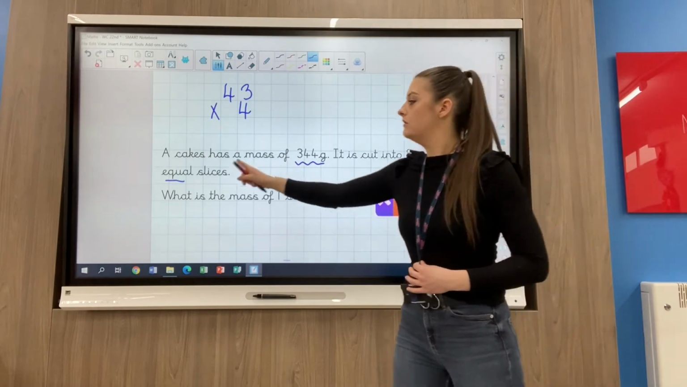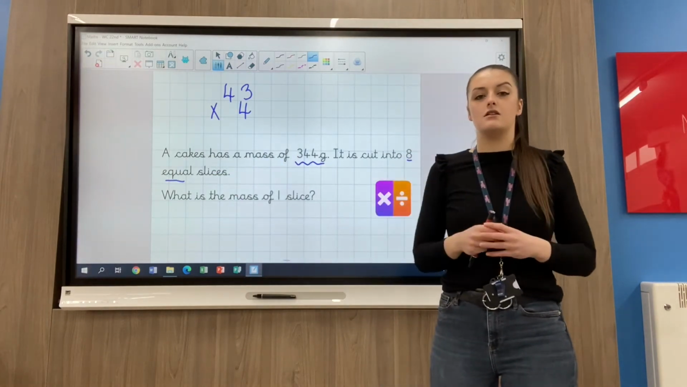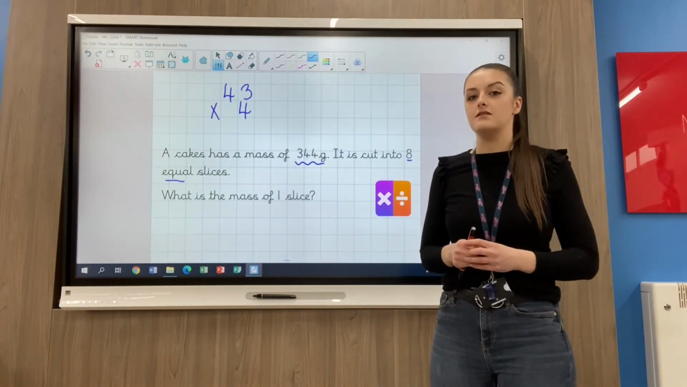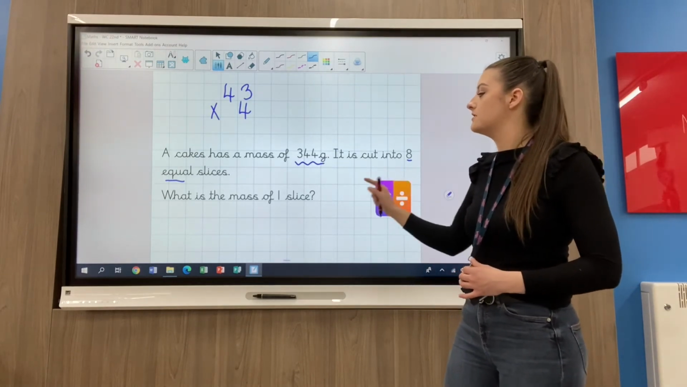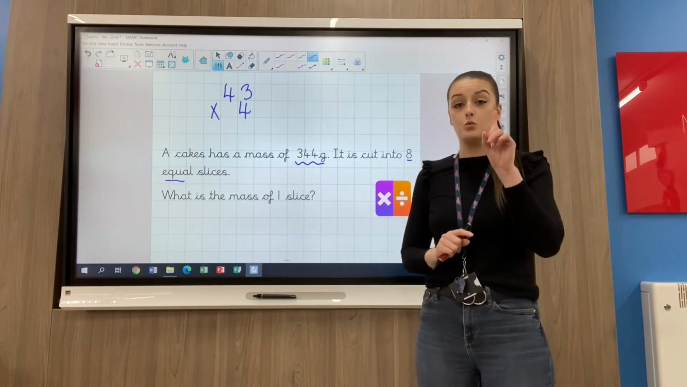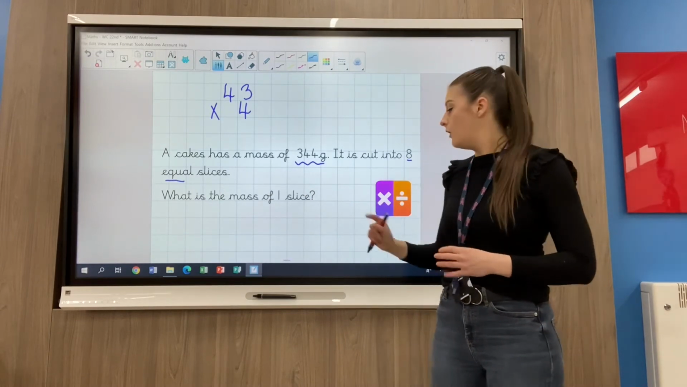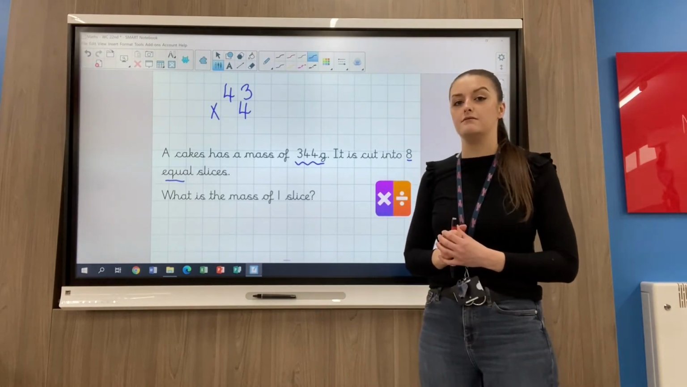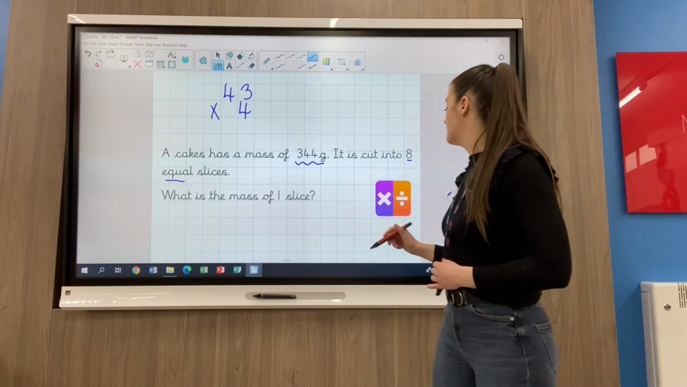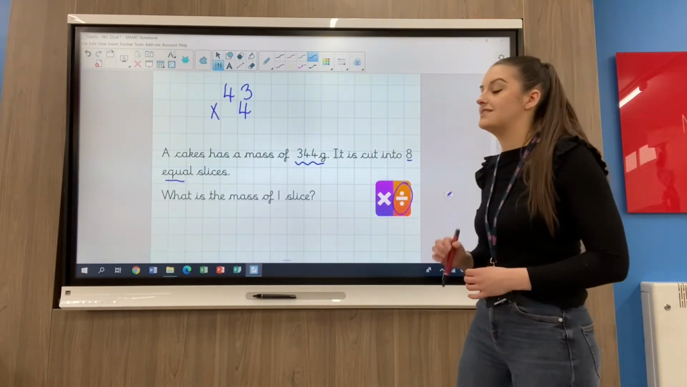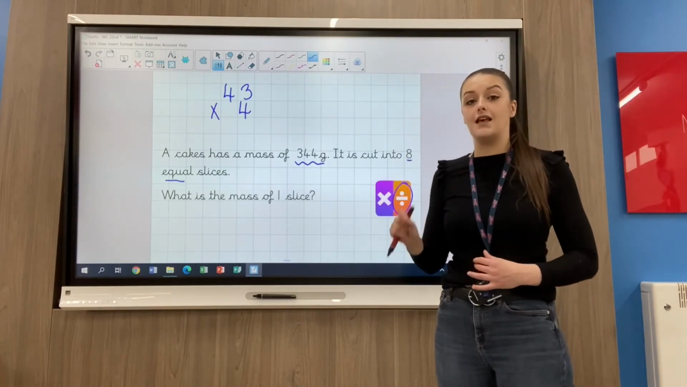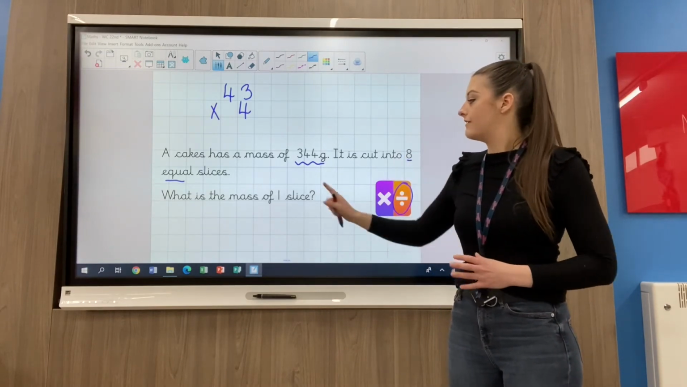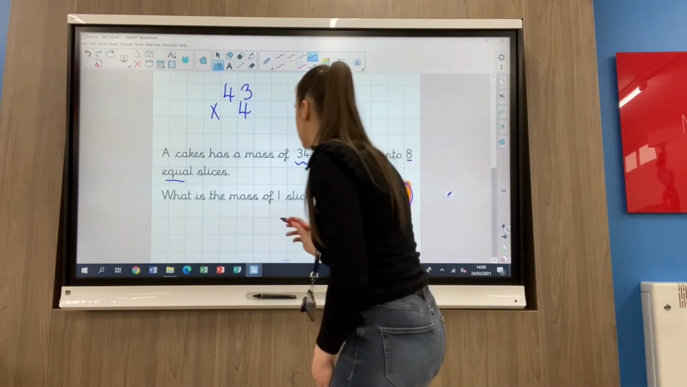So equal, if it's been cut and split into those 8 equal slices, what do you think we're going to be doing? Are we going to be dividing those numbers to find out how much just one of those slices weighs, or are we going to be multiplying? If you said divide, well done, because we're sharing into equal groups. They've cut this cake into 8 equal slices. So to find the mass of one slice, we need to do